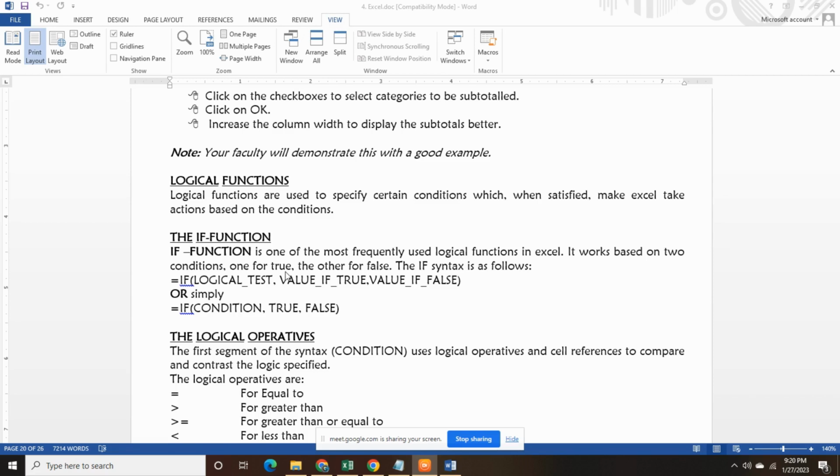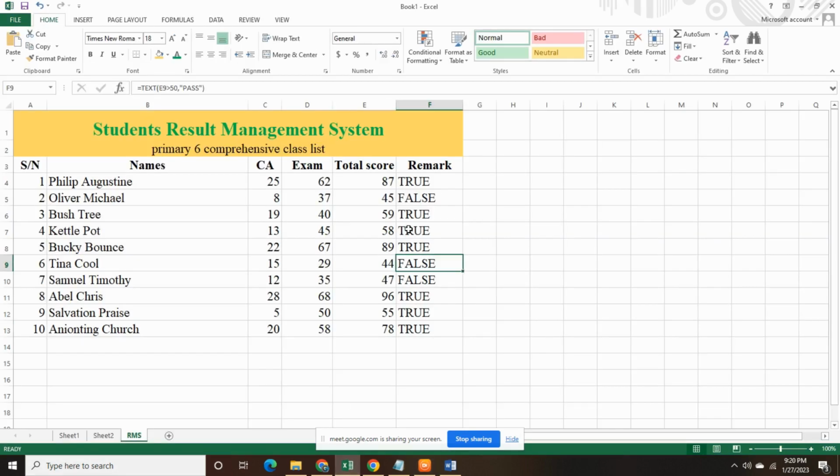Now, I want to look at it in this particular order. You know that in this Excel, in what we just did, I set a condition here. In this condition, I use the test function. In this test function, what we did is to check the condition. We check if this particular value is